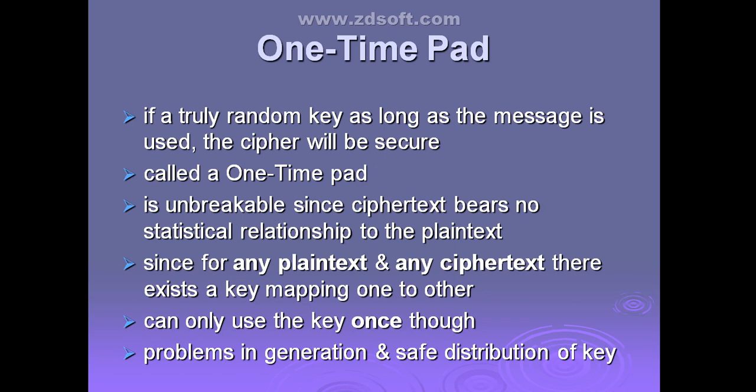That means whenever you are converting the plain text into the cipher text or cipher text to the plain text, only one time that particular key is used. After that, it will be discarded. You are not going to use that particular key once again. Is that clear? How one-time pad works?